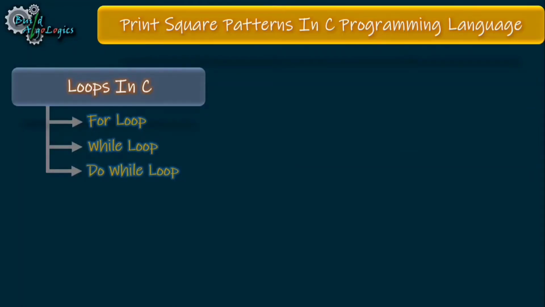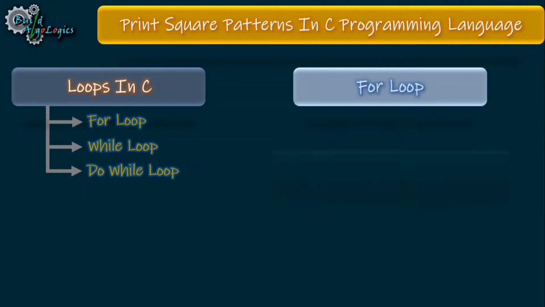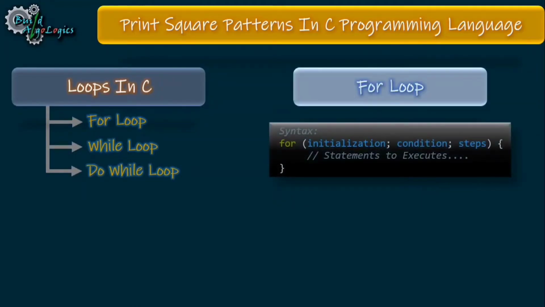See the syntax of the for loop here. It basically contains 4 parts, but the last part is the obvious one because eventually we need to execute some statement there. But these 3 parts, initialization, condition and steps, are the crucial ones. First we'll see these parts in theory and then their practical implication. Here the first part is initialization. As the name implies, this part is used for initializing our loop, or we can say it is the entry point of the loop.